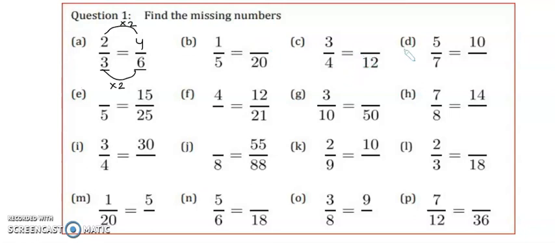Similarly, take any question, for example, 5 times 2 is 10. So 7 times 2 will give you 14. You have to do all these questions and write the answers